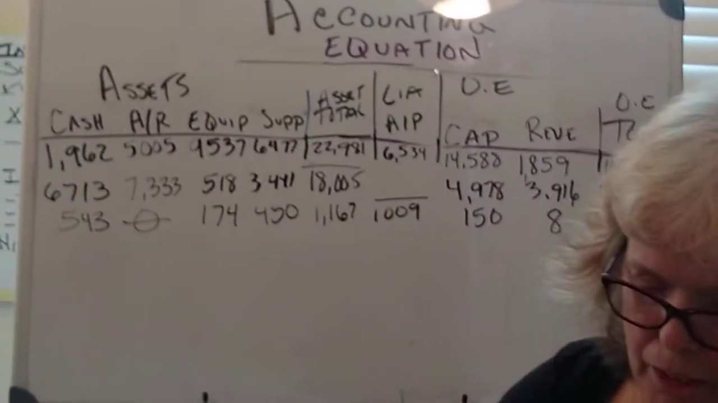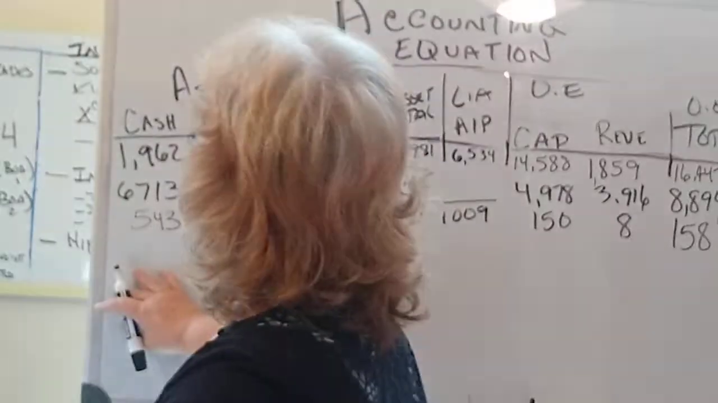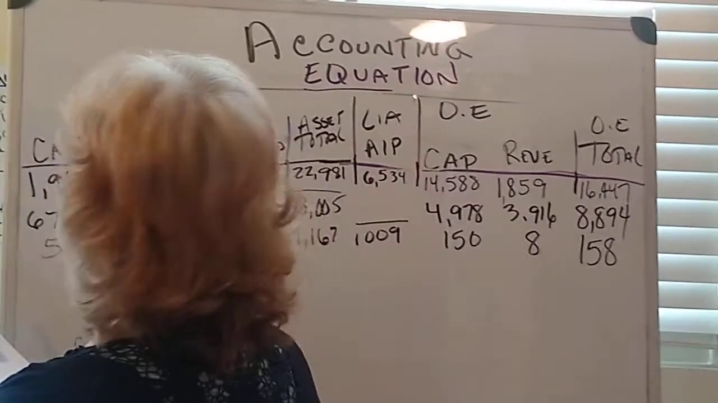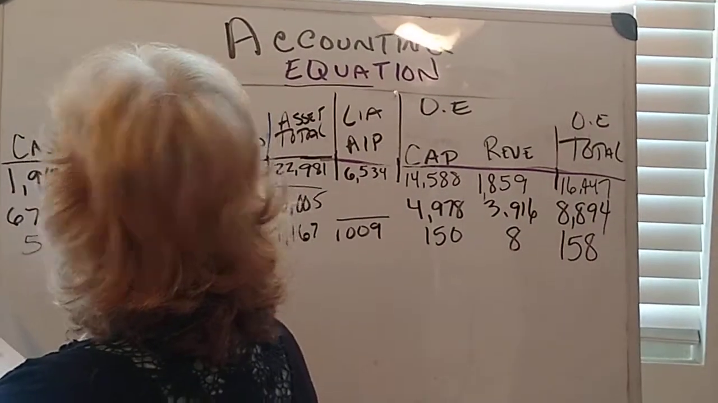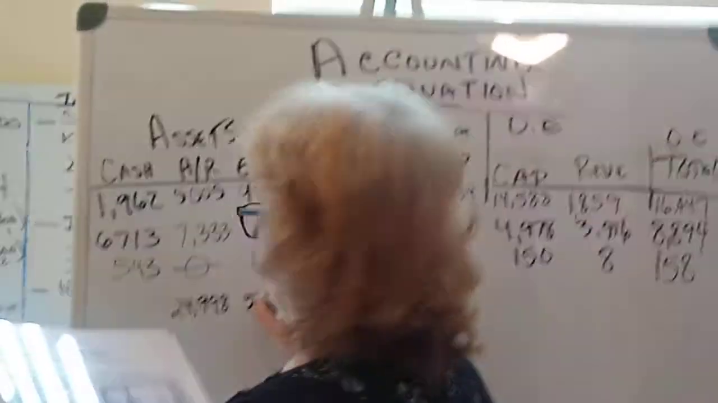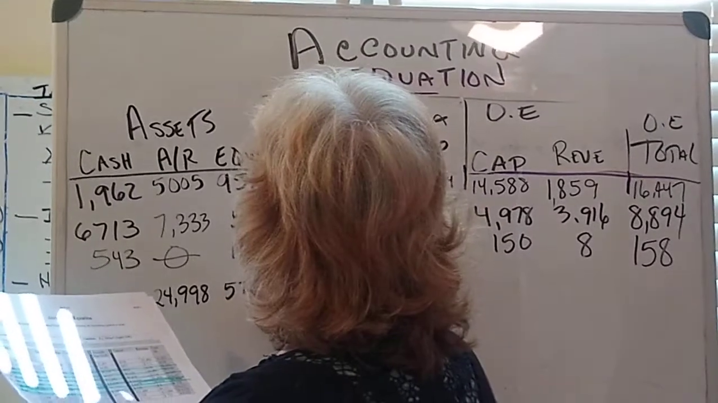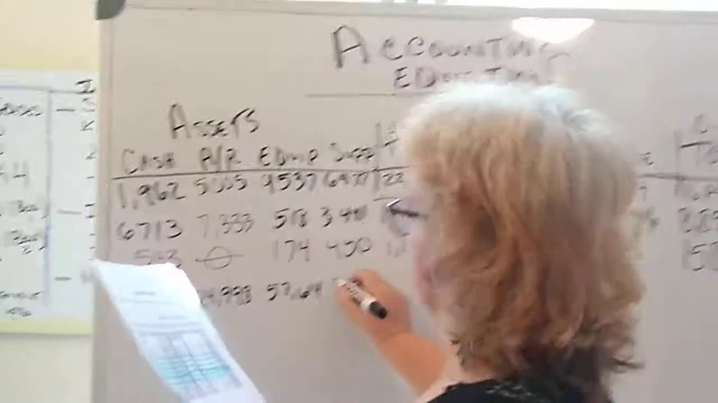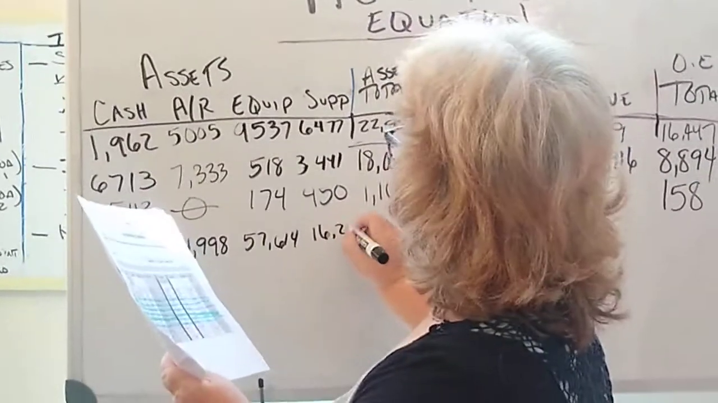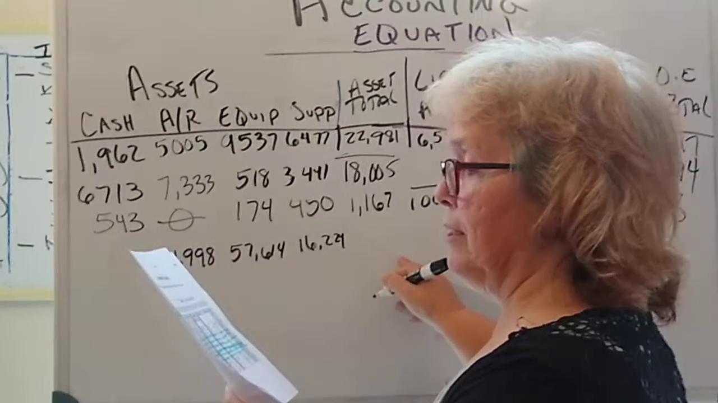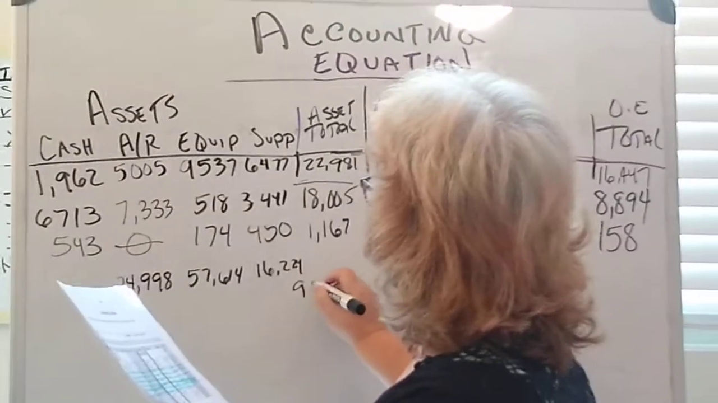All right, next one. We have over here under cash is left blank. We have under accounts receivable 24,998. Wow, under equipment we have 57,614. Under supplies we have 16,224. So I'm going to write it down here so we have more space. Under total assets we have